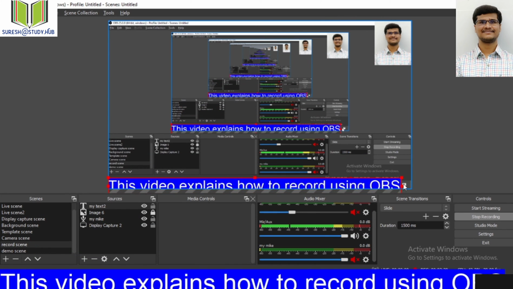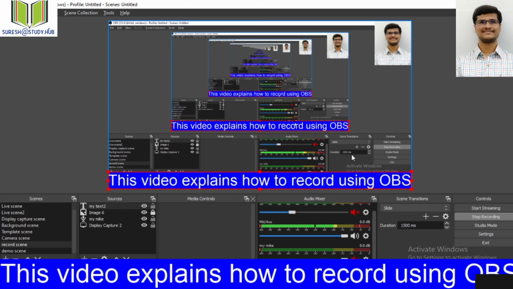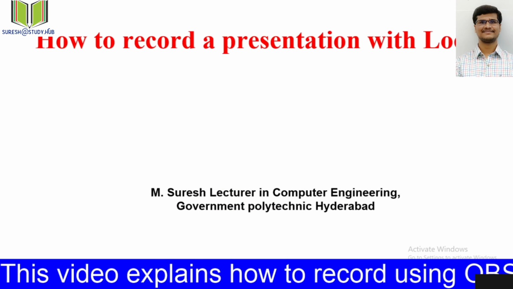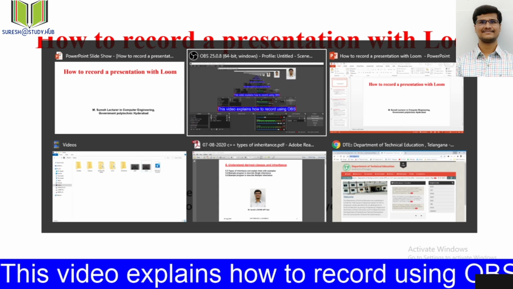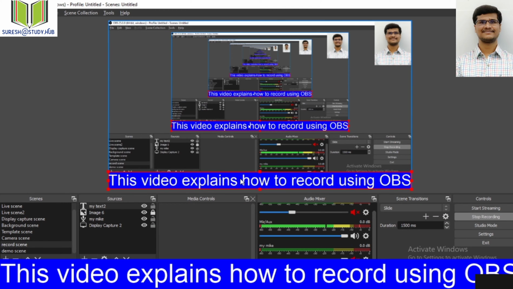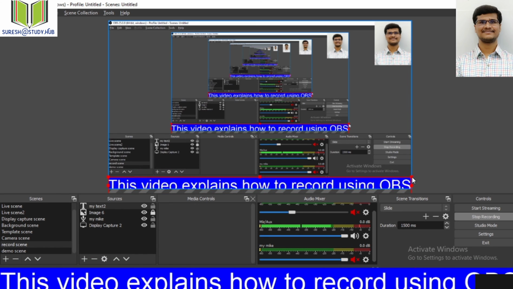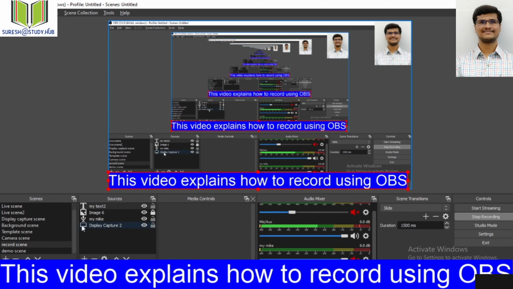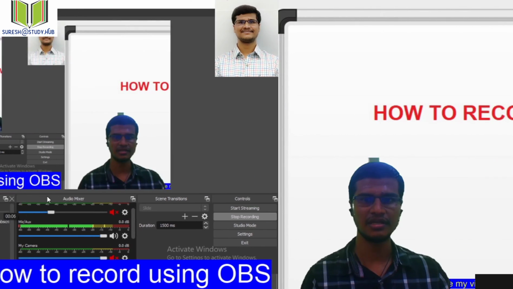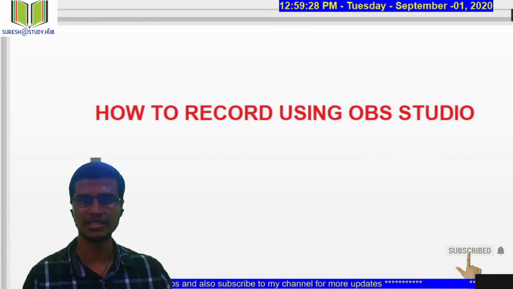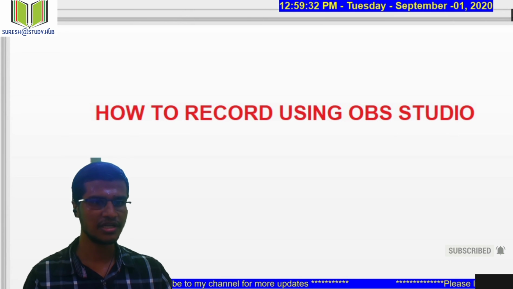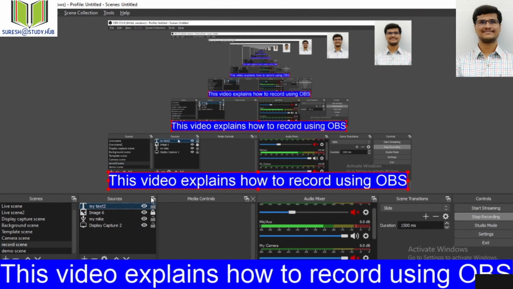So whenever I am recording this one, okay, whenever I minimize this one, you can see the text will be shown, and here my image will be shown. So now if I want to give some effect like scrolling effect, okay? If I see over here in my live scene, you can see this text is scrolling, right?